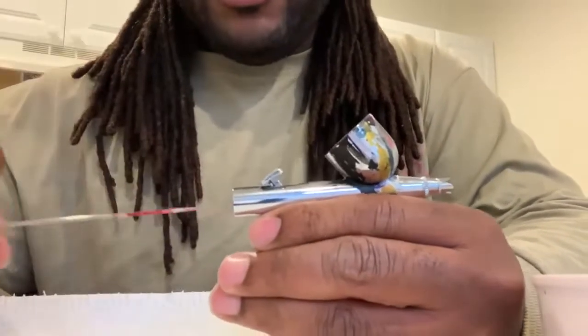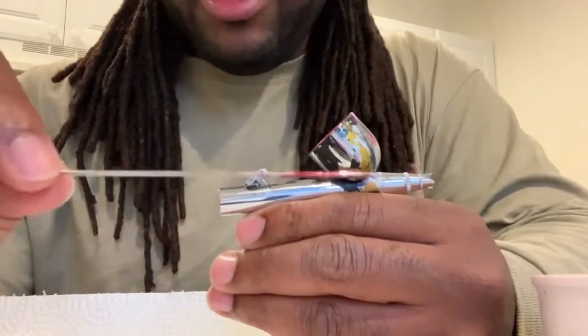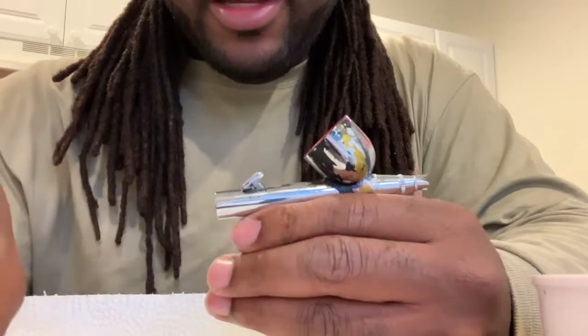Because if it's in there, you see that gook? You do not want that. I did this on purpose so I could show y'all this video. You do not want all that paint on there. All right, now,